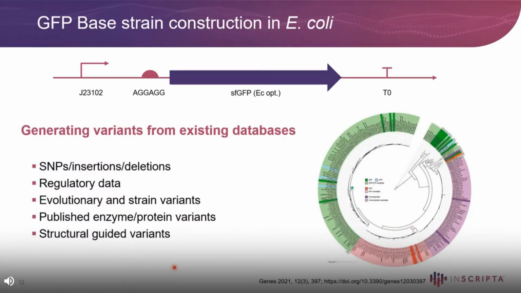So in this example, we used a classic GFP protein, which is a nice model system to use. We integrated it into the host genome with a strong promoter. This is an iGEM J23102 promoter, a strong ribosome binding site, and a T0 terminator. So once you've introduced your heterologous protein, there's lots of different ways you can design libraries to introduce diversity into